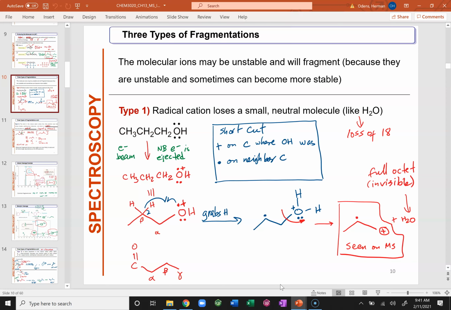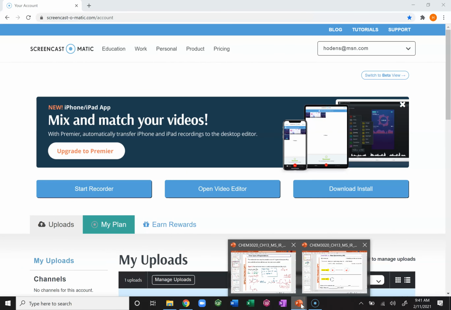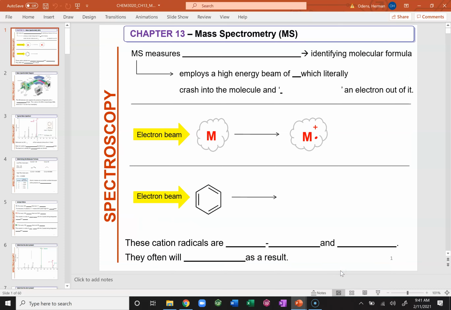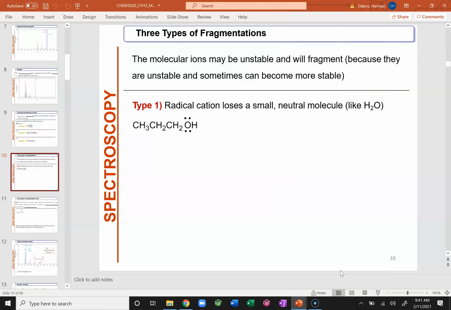All right. So today what I'm going to do is go through the 3 types of fragmentations. I'm actually going to manually do it here again and reproduce my work. So let me go to slide 10. There are 3 types of fragmentations, the main ones. And then there's one special one for ketones where you find the McLafferty ions. So I throw that in as a number 4. All right. So if you learn those four